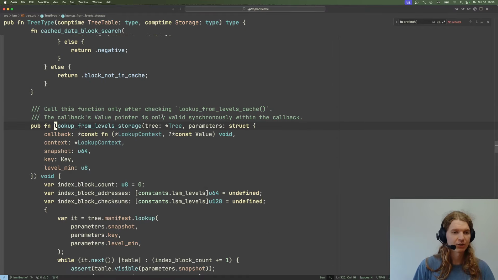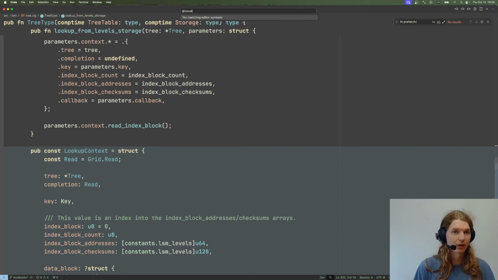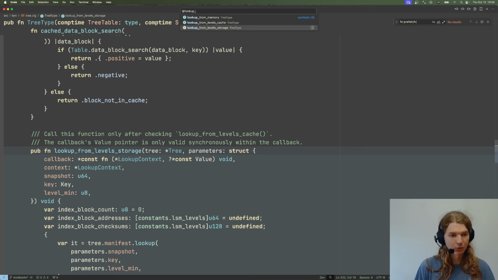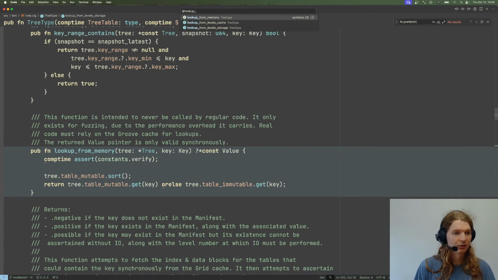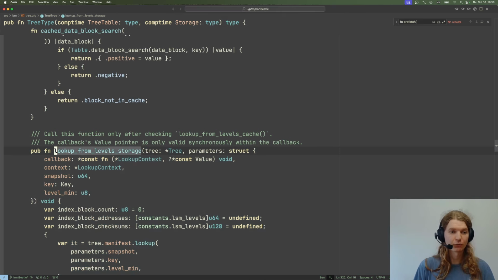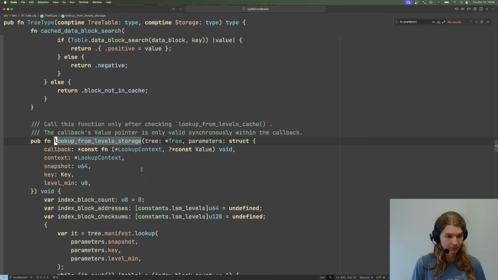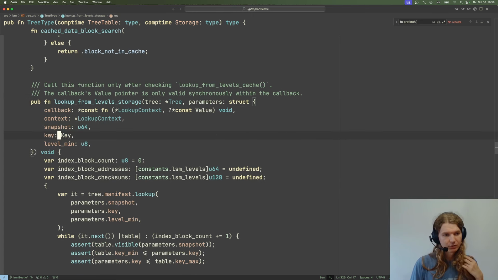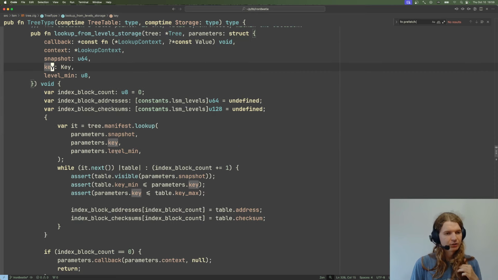Again, we have several flavors of function. We have lookup from levels storage and lookup from levels cached. So we first go into the storage, which explains how it works, and then we'll go back to the cache, which will finally explain that thing which we've put onto our stack before about the cache. Okay, so we want to look up a particular key in a particular